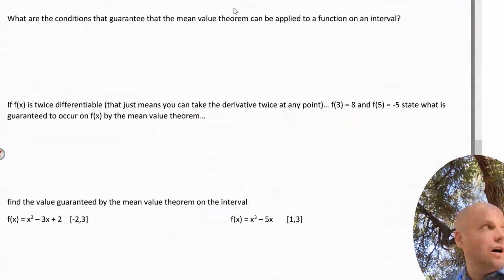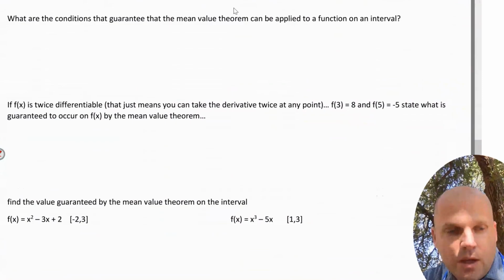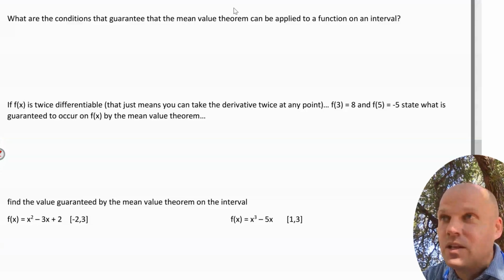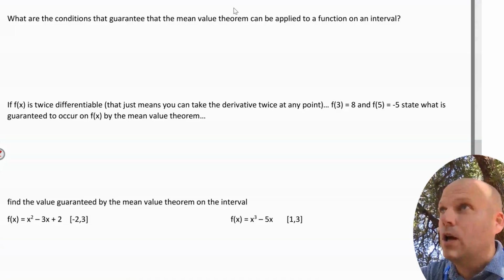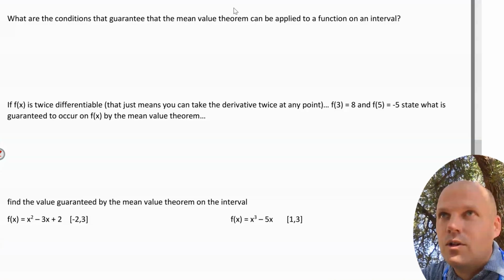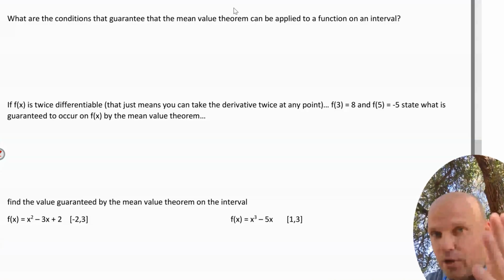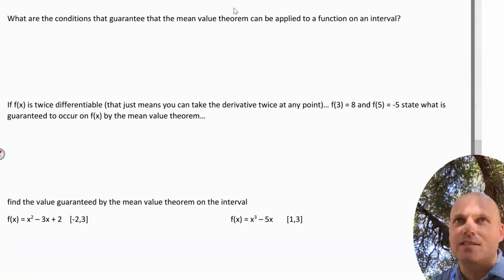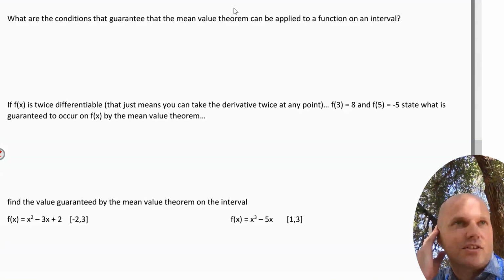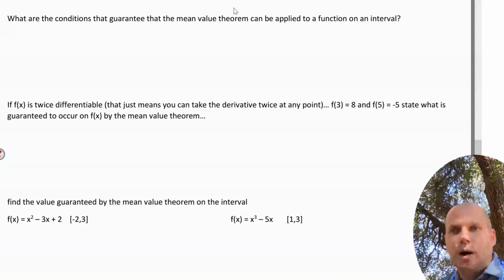Now, another part of this lesson is the mean value theorem. And the mean value theorem is not tied into Unit 3 at all. This is why I started the lesson with the mean value theorem. It is very much a one-off topic that you need to know. It's actually used for a bunch of proofs in calculus that I don't know or use. So this is just something you need to know that you're going to see on your test. And I honestly could have put it on Unit 2, but your Unit 2 is so packed to begin with that I don't want to put extra stuff there. But it's just something that's interesting.